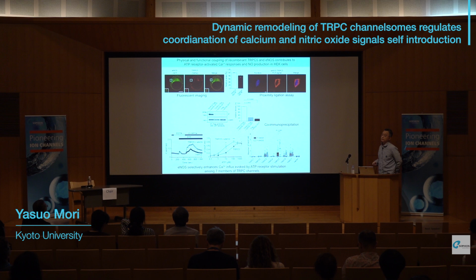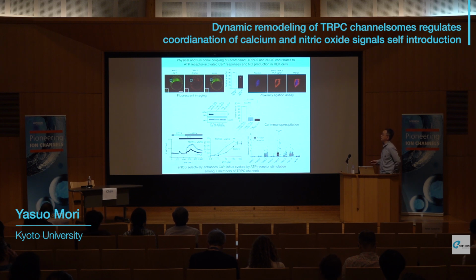And these results can also be reproduced in a recombinant expression system, HEK cells. So when eNOS-GFP and TRPC5-DsRed are co-expressed in HEK cells, you can see a very nice overlap of distribution near the plasma membrane area. And these constructs interact with each other very closely, as you can see with this proximity ligation assay data here. And of course, these two constructs for TRPC5 and eNOS show a very nice band in co-immunoprecipitation assay, indicating physical interaction